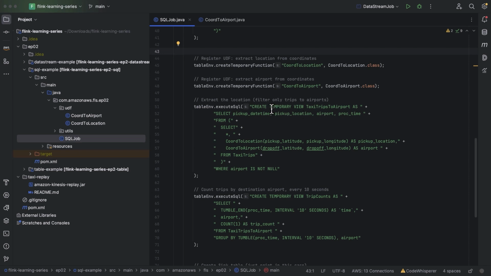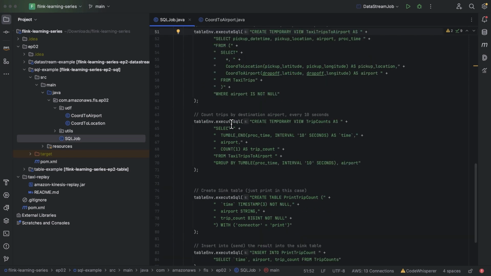So here we're creating a temporary view where we are applying those transformations and making sure that we do not have any events where the airport code is null. And then we can use that first view as part of our next query, where we're doing an aggregation, counting how many trips per airport have happened in the last 10 seconds.